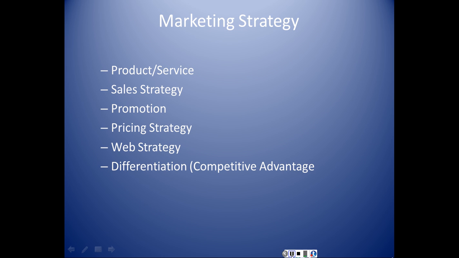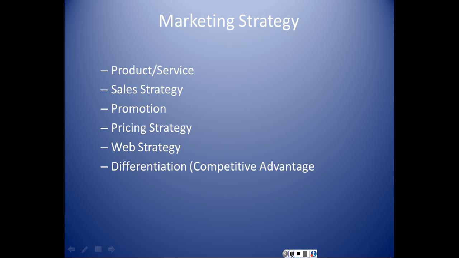That is, how are you going to price your product or service? Look at the competition's pricing. What do you believe your cost might be? And then, can you get the same price or a premium over the competition? There's something called penetration pricing strategy. Prices charged are set artificially low to gain market share, and once you achieve that, you increase the price. That's one strategy that you could use, penetration pricing strategy.